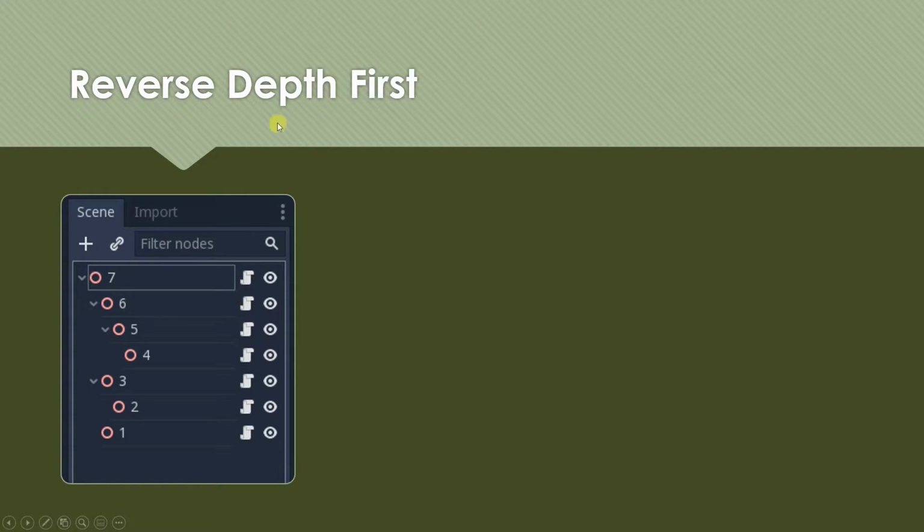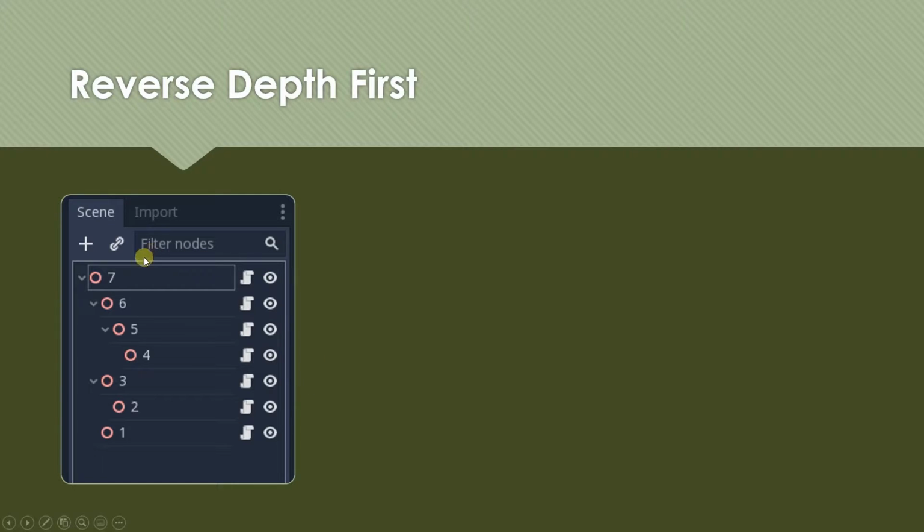So what I meant by reverse depth first is, it's depth first, but the last children go first. For example, I found this nice little picture that shows this. I found this on the official Godot documentation. So what you have here is a scene tree, right, with a bunch of nodes, and the numbers depict the order in which the events are passed around. So this child over here would be receiving the event first, and then this child,